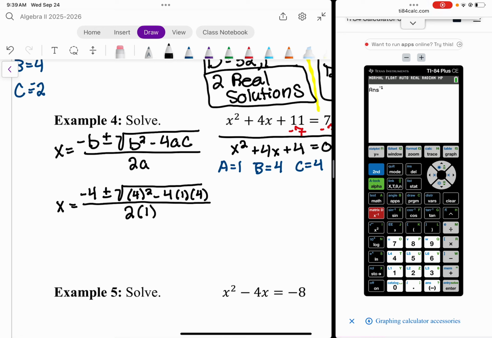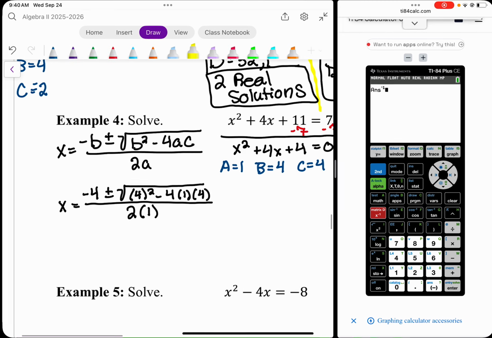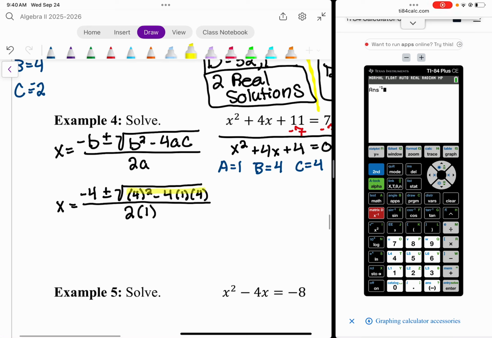Okay. Now, last year you were allowed in geometry to give decimal answers on some units. This year you have to give exact answers. So we are going to start, if you're using a calculator, with only the discriminant, or the part underneath the square root. And again, that's also going to tell us how many solutions we should end up with once we get our